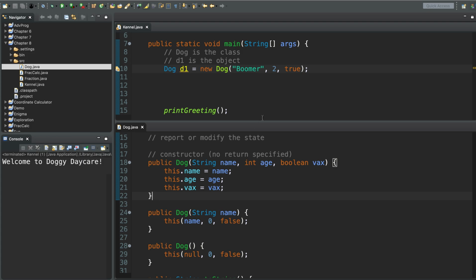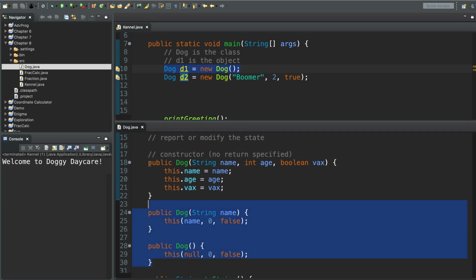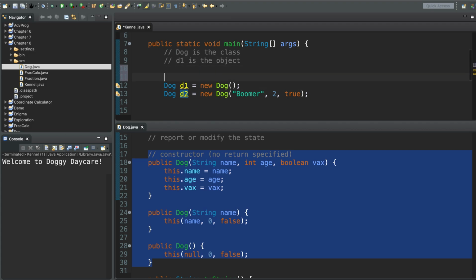I'm sure a lot of you noticed that when we started recording these videos, the line of code Dog d1 = new Dog() successfully ran. I was able to write this line of code having never made a constructor. This is a cool thing that Java does for us, but it does it behind the scenes in kind of a sneaky way. And if you don't understand what it's doing, it can trip you up later. So why did this work at first? Well, here's the rule. Java provides a default